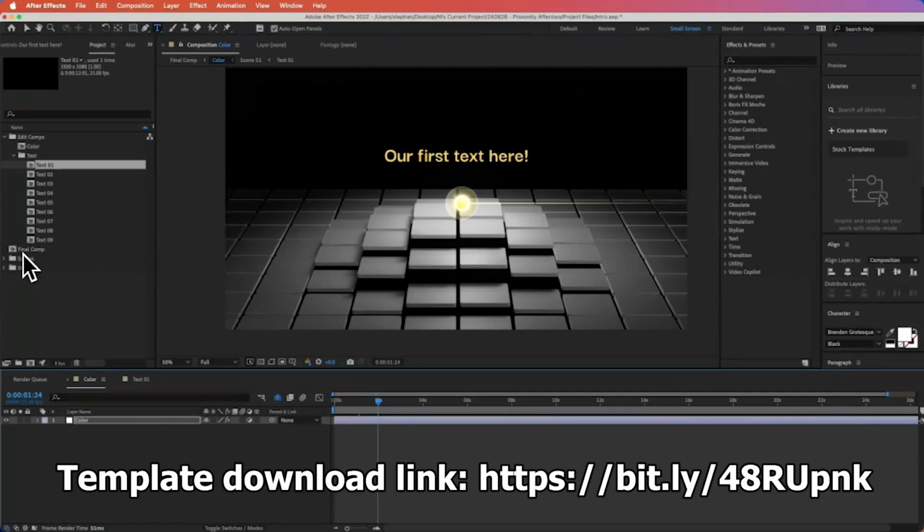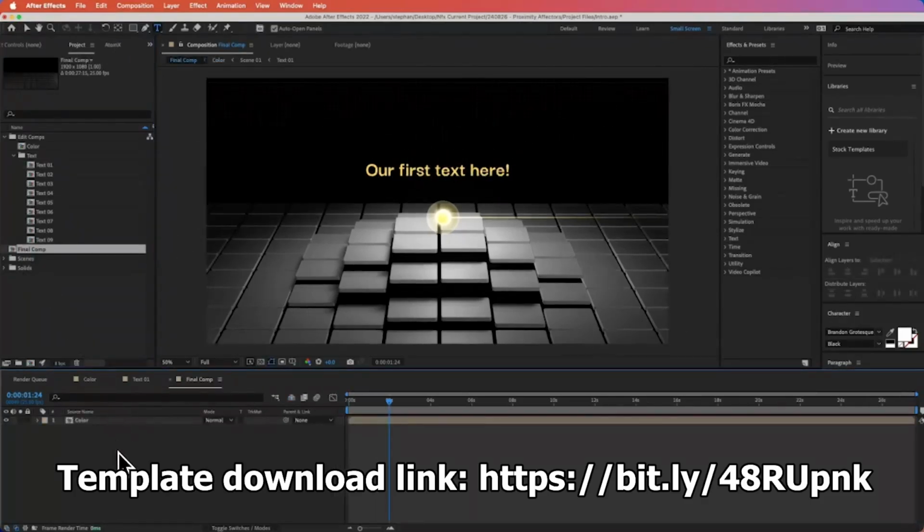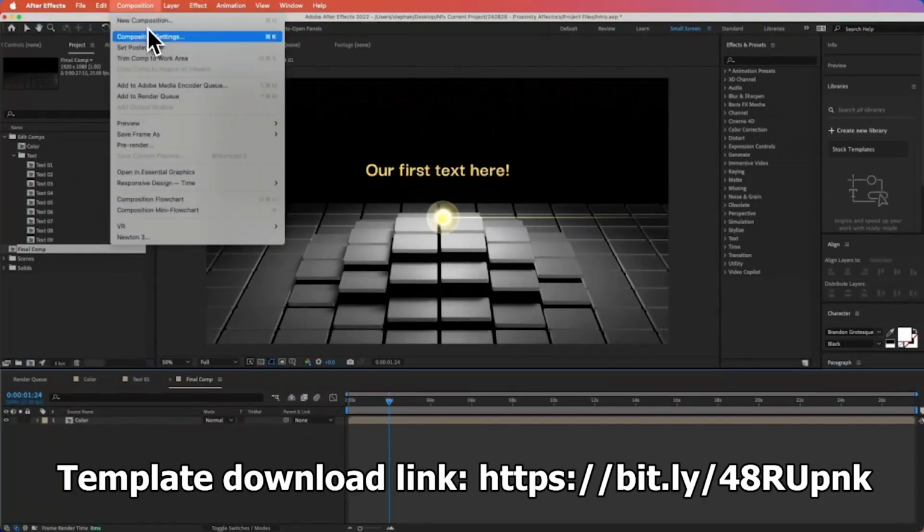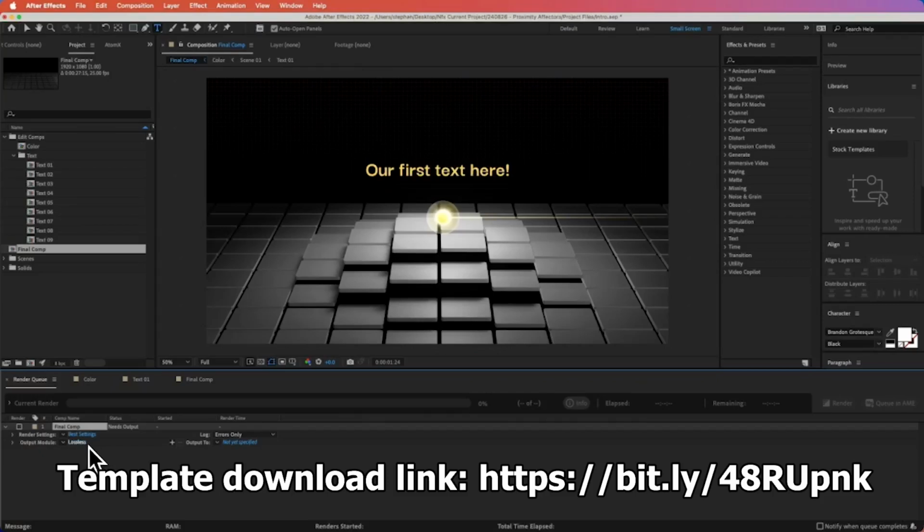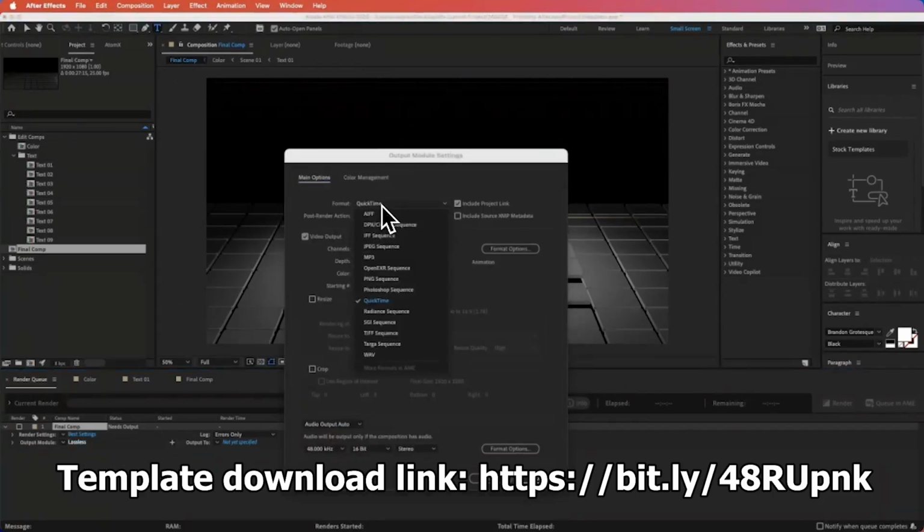Once you are happy, you can simply go to Final Comp from here, add your music file if you have one, and then export. To export, you can go to Composition, Add to Render Queue. And from here, you can select something like H.264